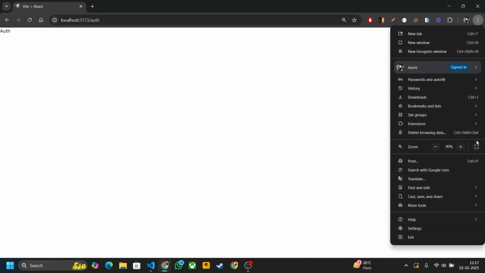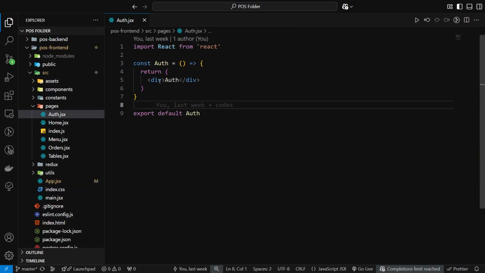Now let's design our auth page. Okay, and remove this and just follow me. This is a simple UI design. Okay,